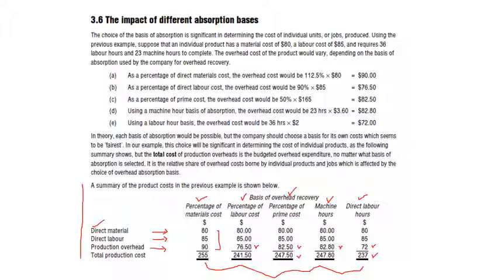But in some organizations it is a common practice that when a department is machine intensive, it means कि जहाँ पे machine का काम बहुत ज़्यादा होता है, they normally use machine hours as a basis to calculate their predetermined overhead rates. In some organizations, when there is a department where labor works more than the machines, they might use labor hours as a basis. So I hope you got a better idea.